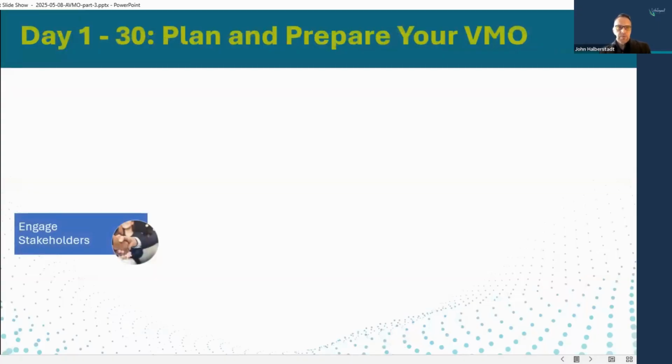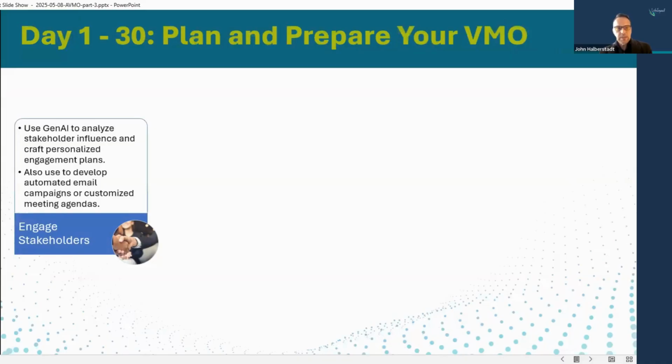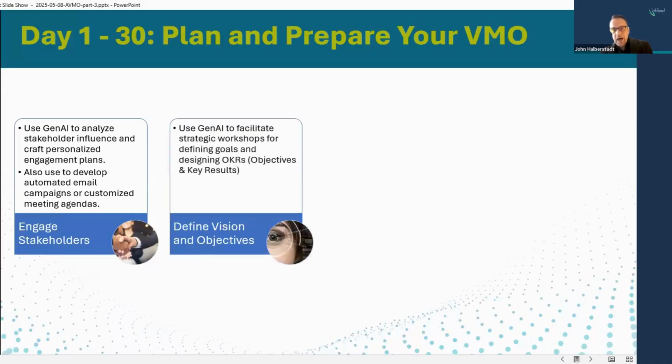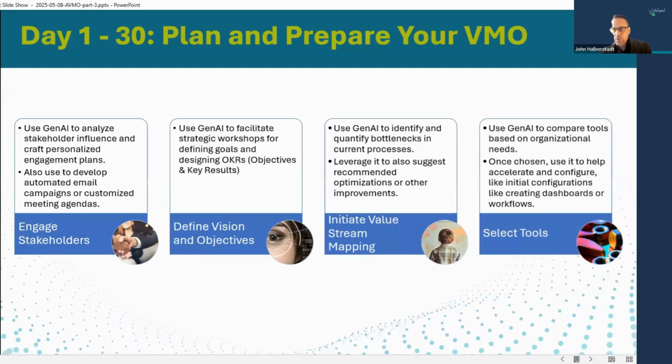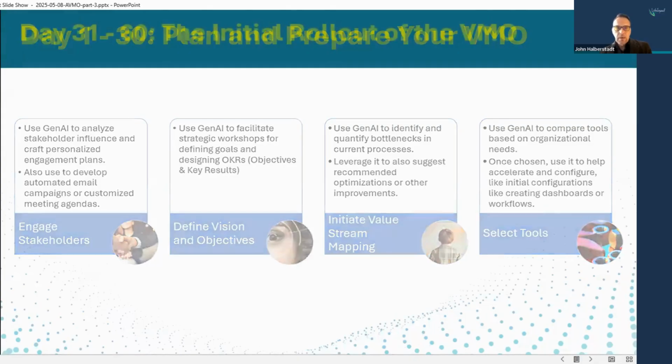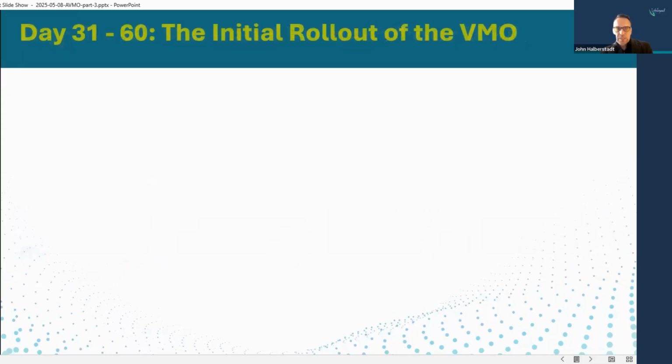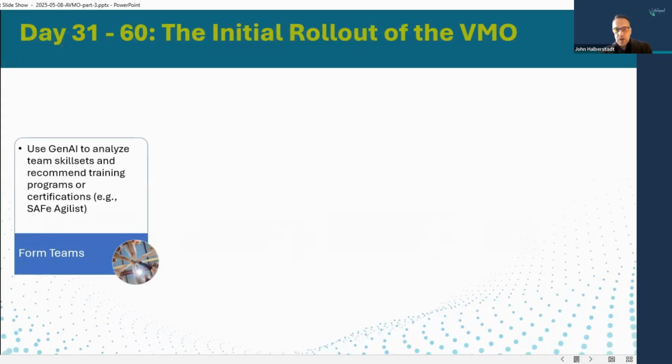So what did we talk about? The first phase, days 1 through 30, we talked about engaging with our stakeholders and how GenAI can help with that. We talked about how generative AI can help us with defining our vision and our objectives, can help us with starting value stream mapping, and then in our selection of tools to help us roll out and support our VMO. So days 31 through 60, our second session, the initial rollout of the VMO, we talked about how